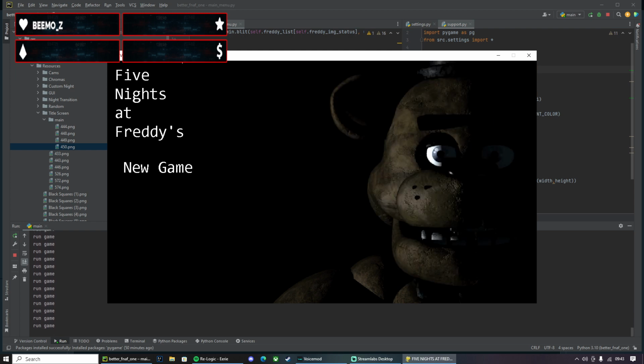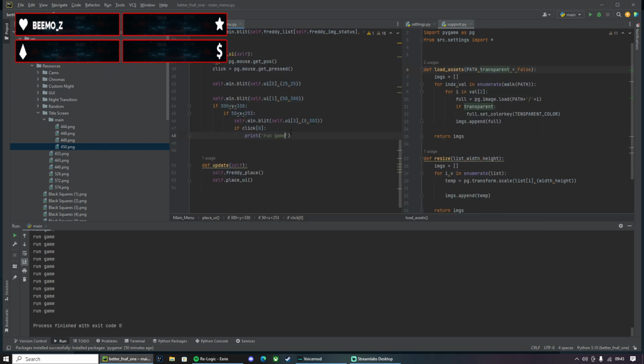And 500 FPS? Remember that was like 1,000 before. Okay. Run game. We're gonna make the newspaper. That is the newspaper, and then the title screen.